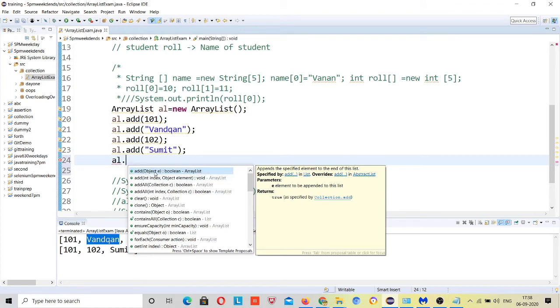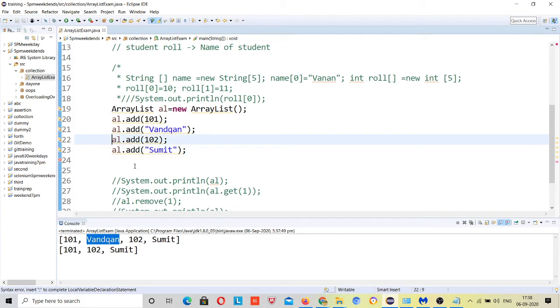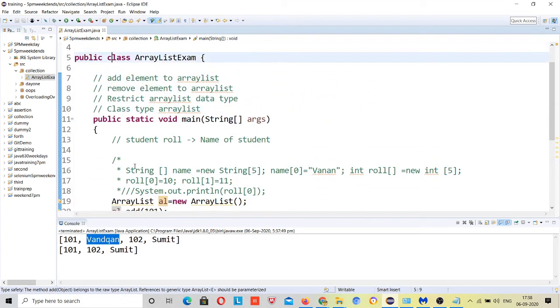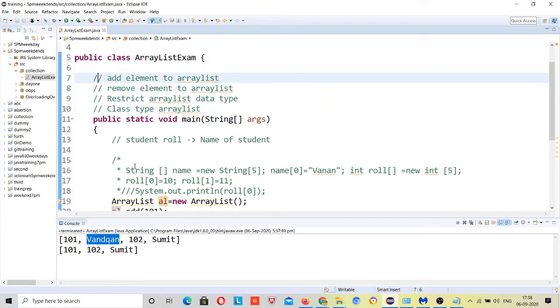So you can add only objects in array list. This is an object which is getting added in the array list. This I will explain later, but until here does anybody have any questions on this array list?